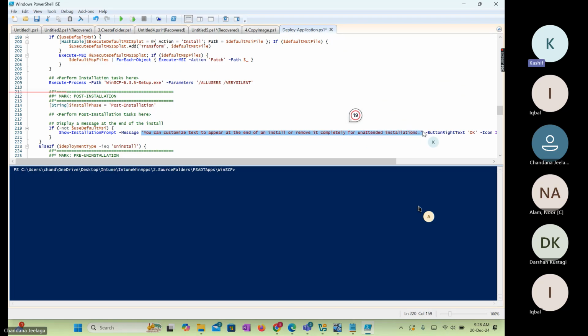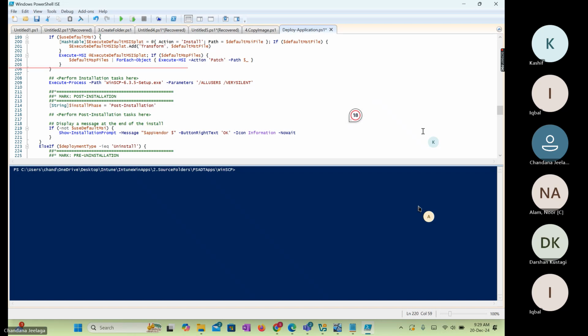Okay, suppose I'm gonna delete this and give a message to the user that you should go ahead and restart the computer. But it should also show the application name, application publisher name and version. So in between double quotes, I'm gonna type in $app vendor. I'll tell you why I'm putting it. That's the variable, okay? App vendor. So the publisher of the application will show up,